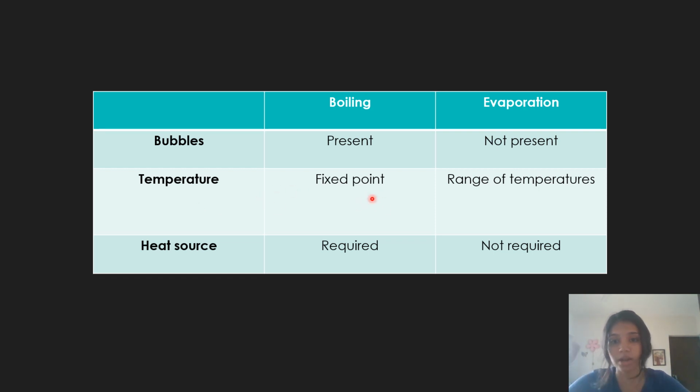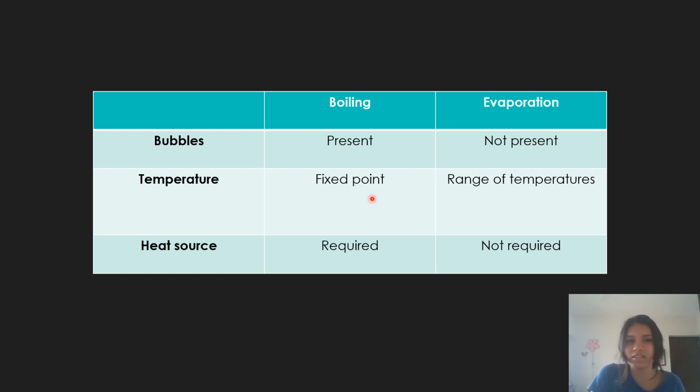Boiling occurs at a fixed point. Like water boils at 100 degrees Celsius. Okay, water boils at 100 degrees Celsius, but water can evaporate over a range of temperatures. Like if you look at the puddle outside, it's not 100 degrees Celsius outside when the rainwater evaporates. It's not. So evaporation occurs over a range of temperatures, but boiling occurs at a fixed point, like 100 degrees